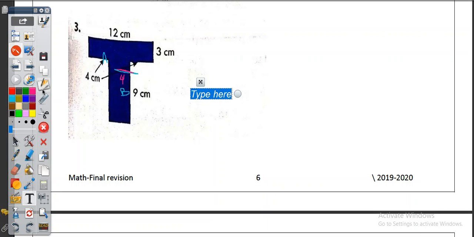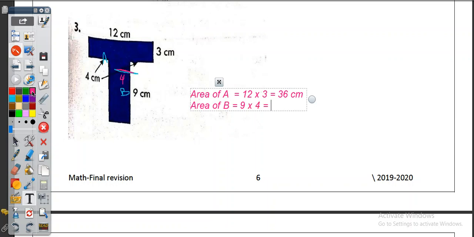Go ahead. You will say area of A equals 12 times 3. You will multiply 12 times 3. You will get 36 square centimeters. Now area of B equals 9 times 4, which equals also 36